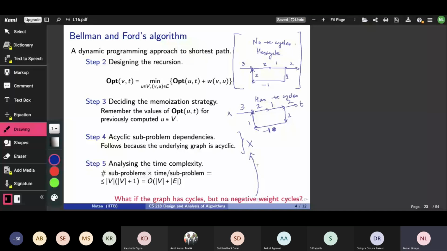Because the graph has cycles, so you could keep on going to a vertex prior to yours in a frontier, but these frontiers could be dependent on each other. You know, when you try to do frontier for this, you come to this. Then when you try to do frontier for this, you come to this. Then you try to do a frontier for this, you come to this. So it can create cycles. So the dependency of the subproblems is no more acyclic in this case. So my question to you is, is there a way out of this?